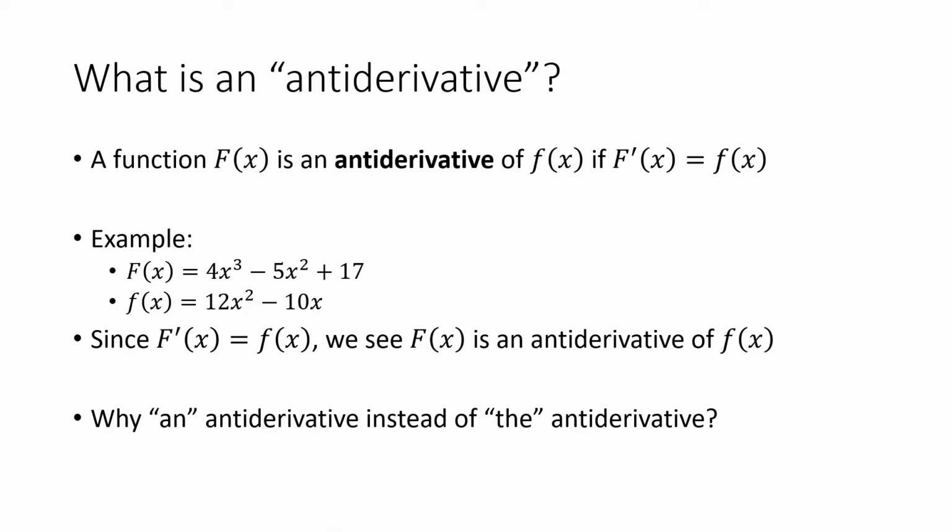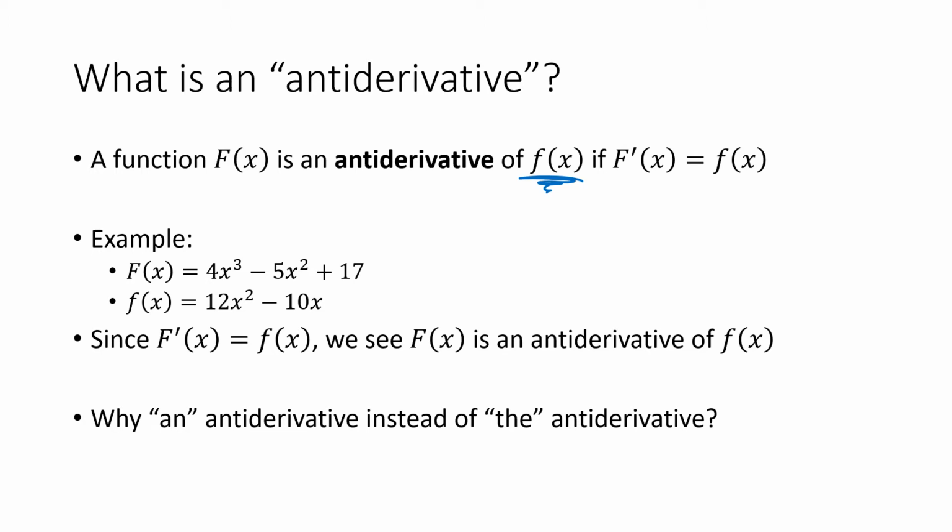A function capital F is an antiderivative of little f if the derivative of capital F is equal to little f. So the idea is that we're starting with little f, and instead of asking what the derivative of little f is, what we're looking for is a function whose derivative is little f. We're kind of giving the answer to the derivative question, and we're trying to figure out what the original